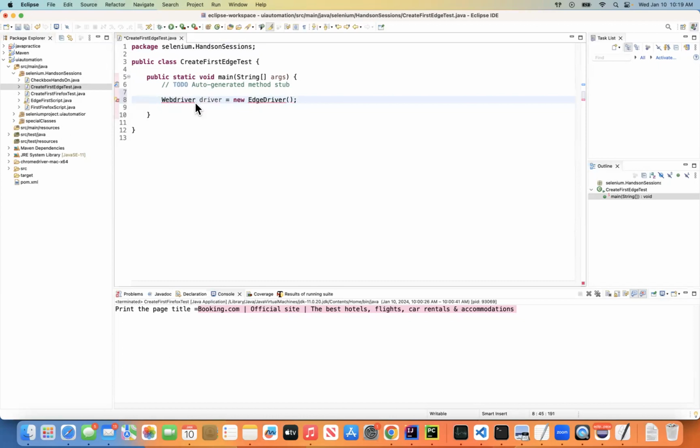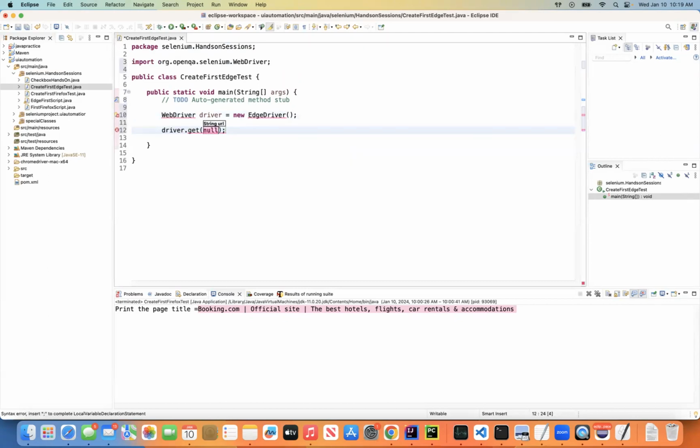Just to get rid of this error, just hover your mouse here to see if there is an import statement available. So I don't see any relevant import statement. So in order to get that import statement to appear, just type driver dot